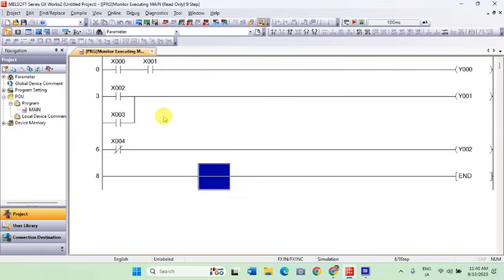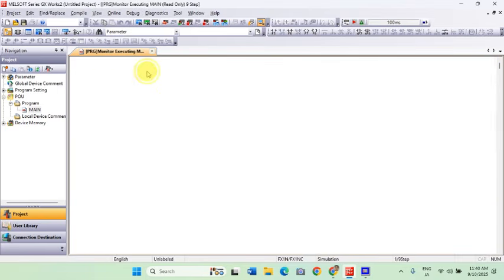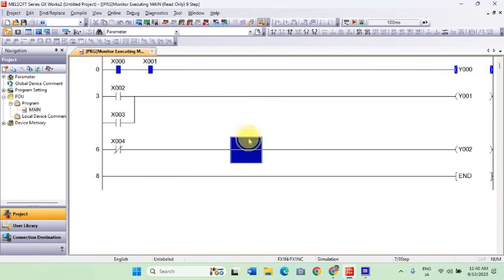So let's have a recap. The first part is for the AND function, in which both the inputs must have a signal of 1, or the switches must be turned on for both inputs for our output to be energized. Shift Enter. So both switches are toggled on, so the output is energized.